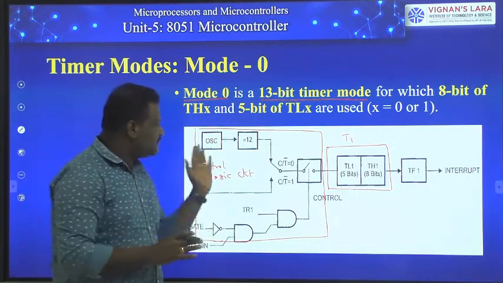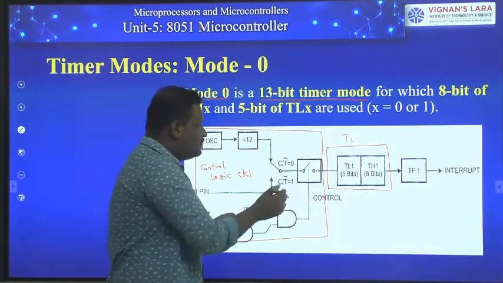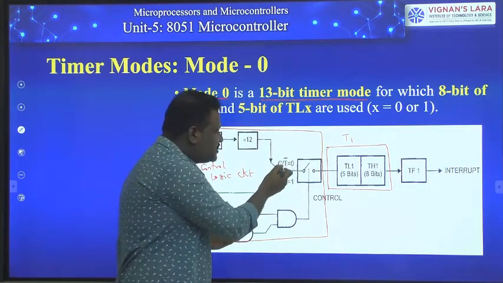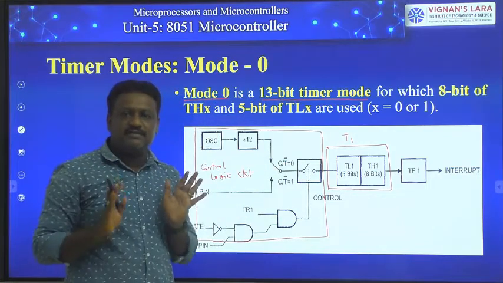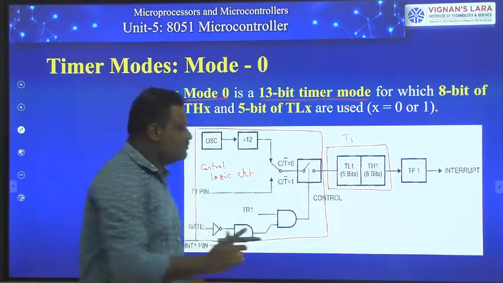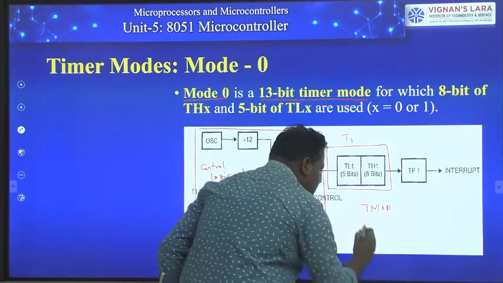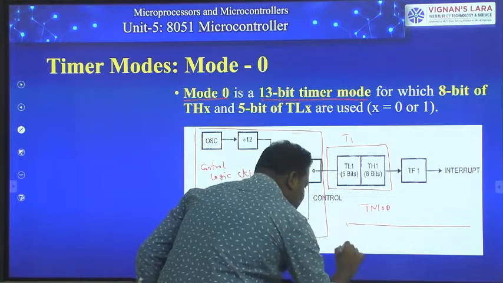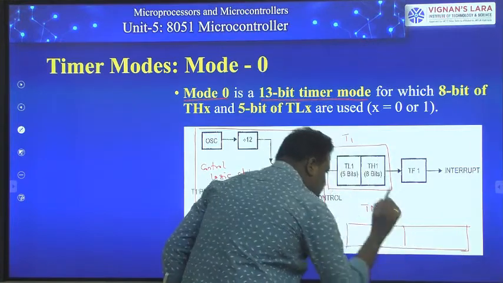In the last class we already discussed this. This is a bit which is a counter/timer bar signal. Again, it is a part of your TMOD register. For our convenience, once again I can go and draw the TMOD register. TMOD is a byte addressable register, which we know is an 8-bit register.